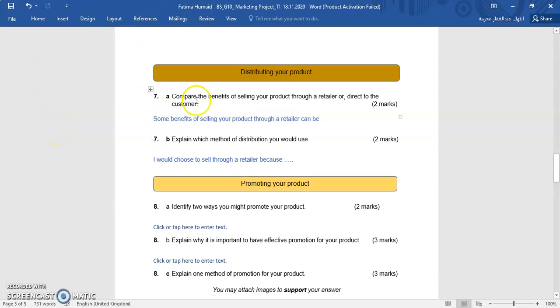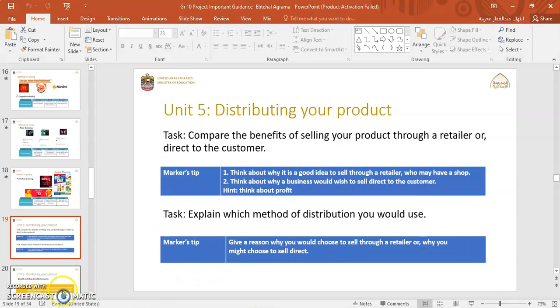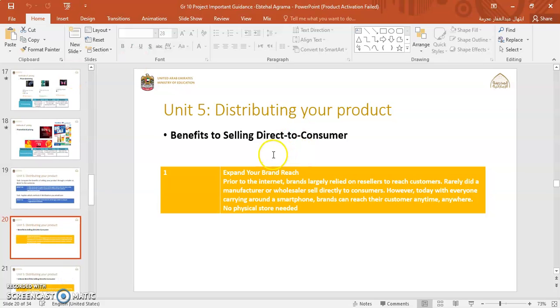So, question number 7A, compare the benefits of selling your product through a retailer or direct to the customer. So you're going to answer in this way. Some benefits of selling your product through a retailer can be, or some benefits of selling your product direct to the customer can be. So let's share some ideas. So benefits, if you're going to choose to write about benefits to selling direct to consumer or customer,